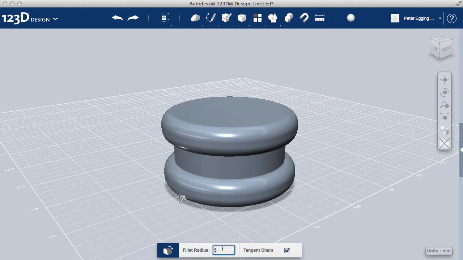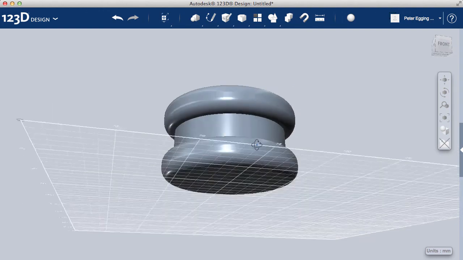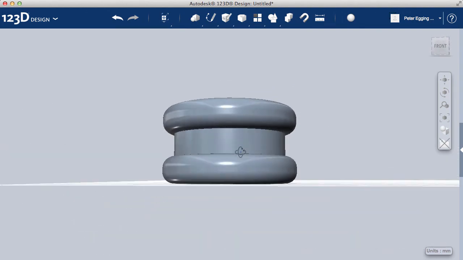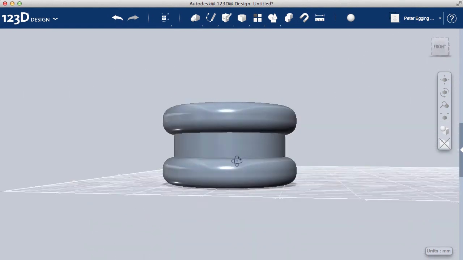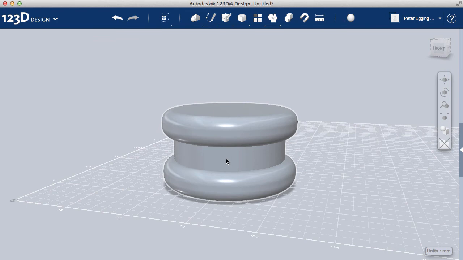So if I press the enter key, you can see that it now applies that fillet radius to the shape that I've just created. So those 4 edges we've now filleted, and if I just spin it over you can see even the bottom one has been done. And what we'll do for this one is I'm also going to put a fillet on